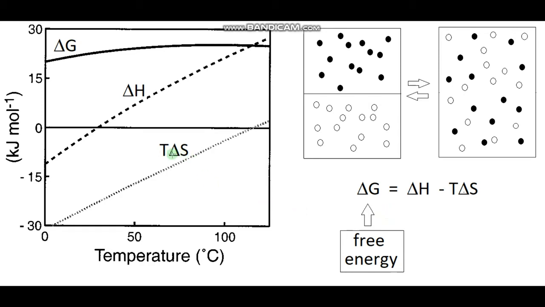Now, the significance of T delta S is this equation, which is actually one of the most important equations in chemistry, really. We mentioned earlier that when you're trying to decide what's going to happen and what's not going to happen, like is DNA going to fold or not, what governs it ultimately is this balance between two factors. On the one hand, there's the effect of enthalpy, and on the other is the effect of